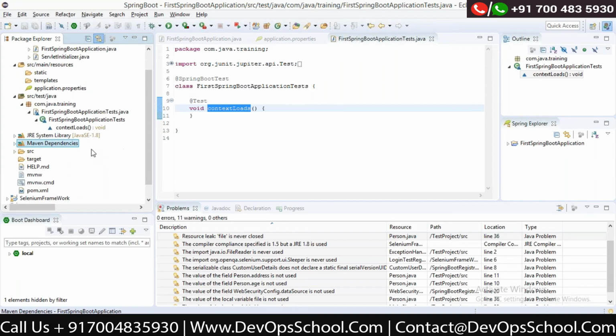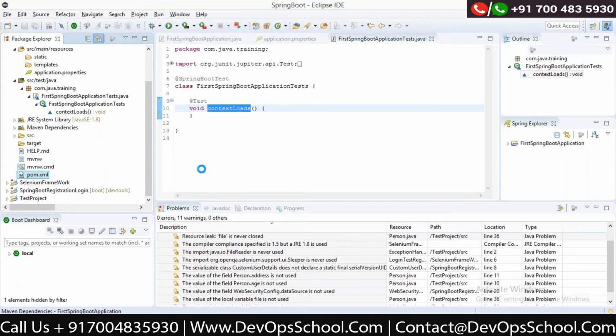Using in the Maven dependencies, you can open the pom.xml. So